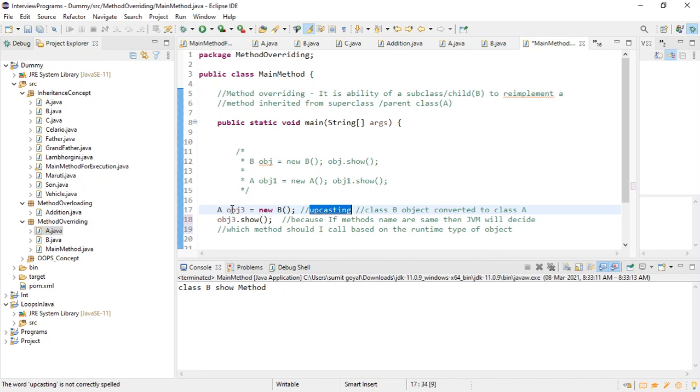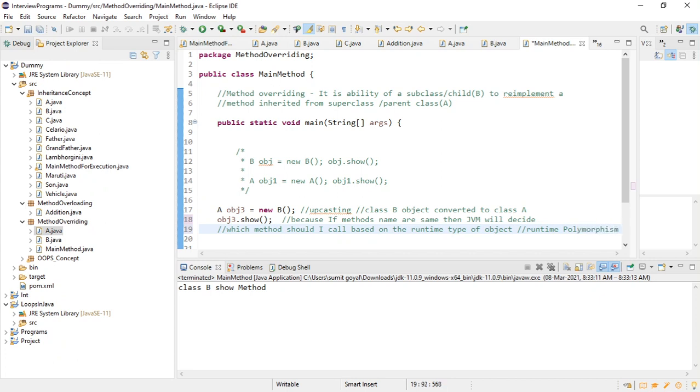Like here at line 70, this reference variable will have the object of type class B, right? So as it has the object of class B, at runtime the class B method will be called. This is what we call runtime polymorphism, which means at runtime the JVM will decide which method to call.